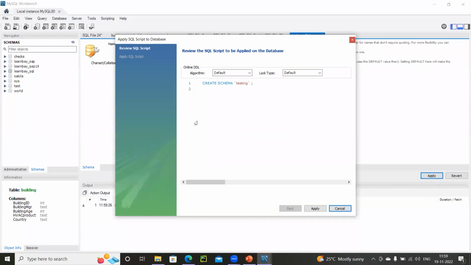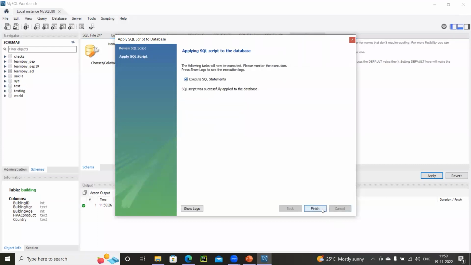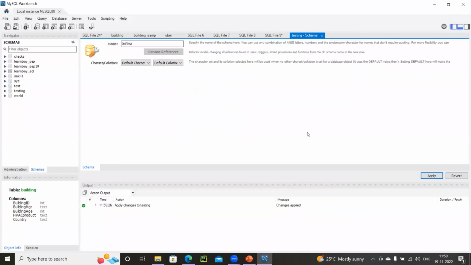Okay. You can do the same through commands also. That also I'll explain, but this is through the icon. So I just click on this. I gave a name. Just simply click on apply. You don't have to make any changes. And once you click on apply, you will automatically find the testing database newly popped up here on the left hand side.